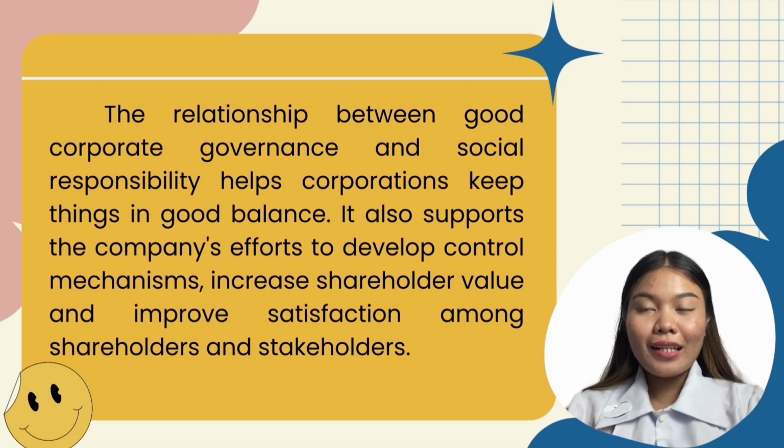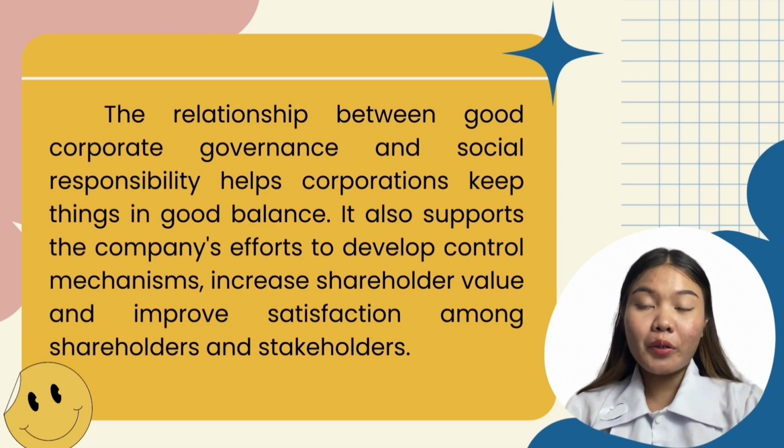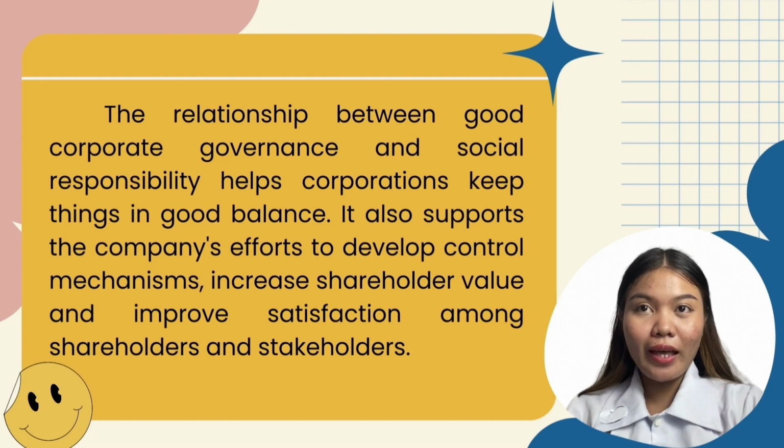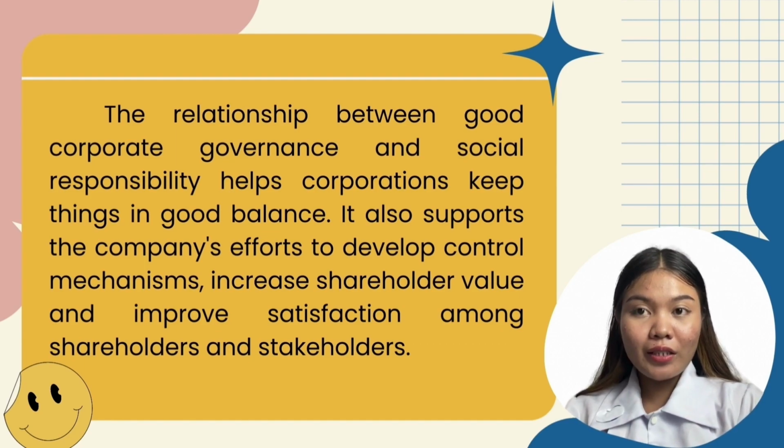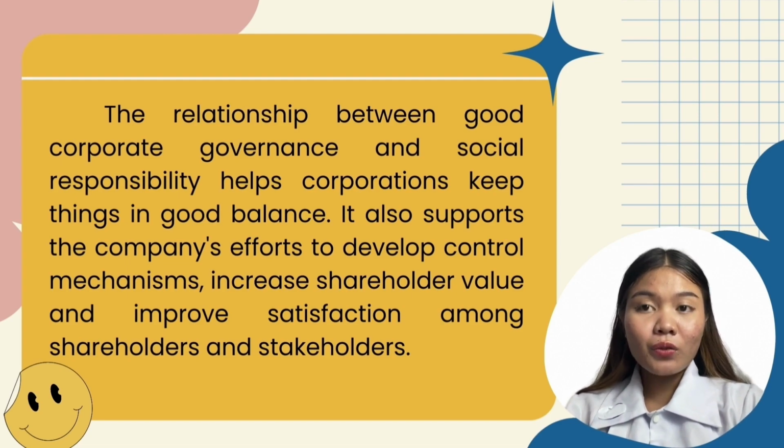So with that, let's discuss the relationship of corporate governance and social responsibility. Corporate governance is a structure of the board and the senior managers to help them manage the company responsibly and according to sound ethics and accountability. The principles of corporate governance are based on transparency, accountability, responsibility, and fairness. Those four principles are also inherently related to the company's corporate social responsibility.